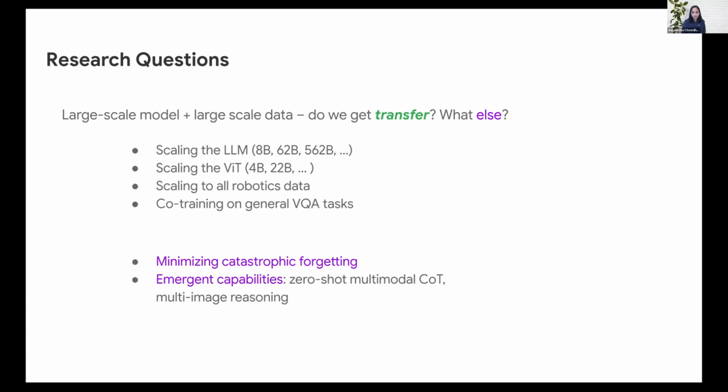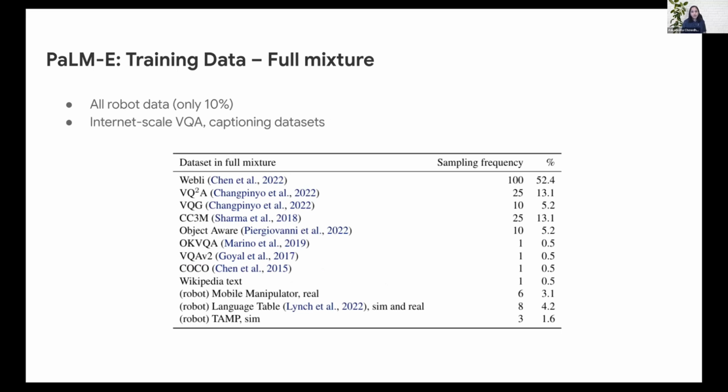We also observe that scaling up the model size in this particular case gave us emergent capabilities around multimodal chain of thought and multi-image reasoning, and it also minimized catastrophic forgetting in some ways. This is a published paper in ICML last year.